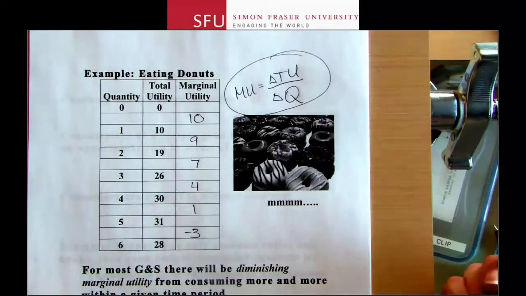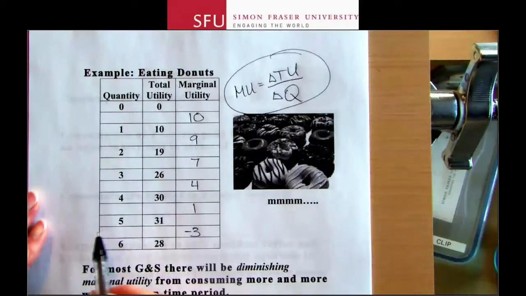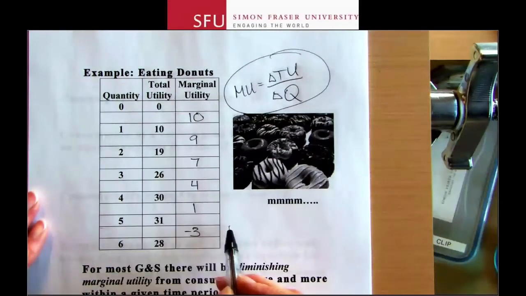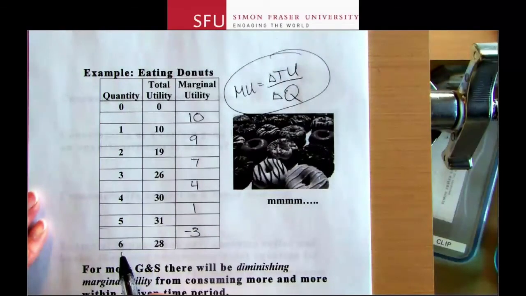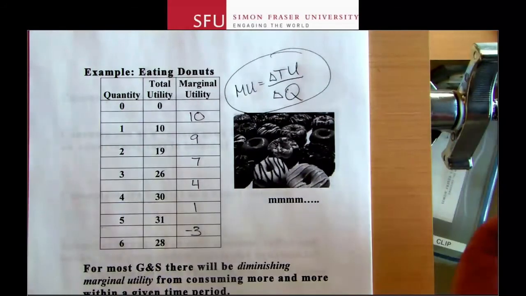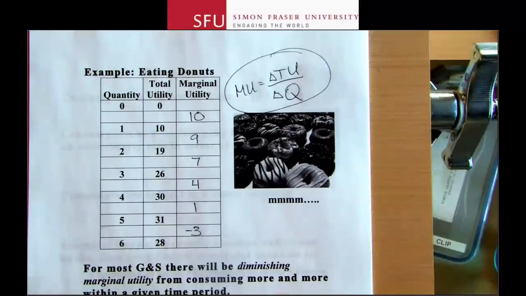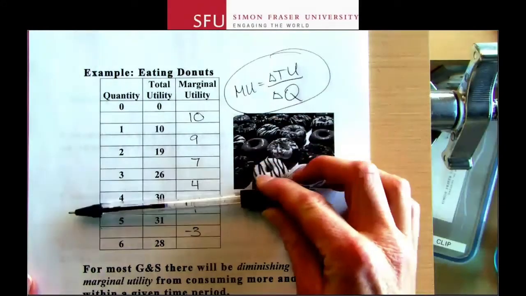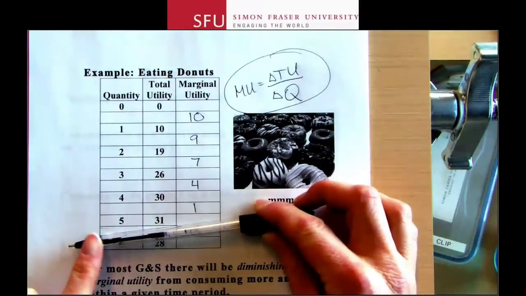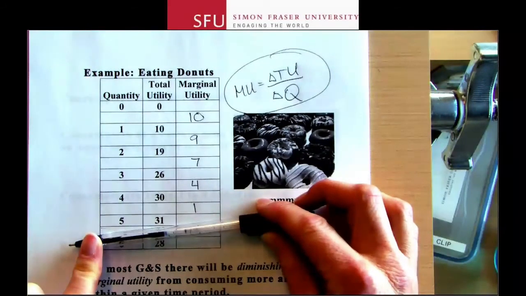Well, you can become completely satisfied, and so this person would be completely satisfied after the fifth donut, and if they were forced to eat the sixth donut, they'd start to feel sick, so they wouldn't do that. Now, how many donuts would they get? Well, we don't have any information here about the cost. So if the donuts were free, the person would eat donuts as long as they got some benefit, so that would be up to 5. They would eat 5 donuts if the donuts were free.